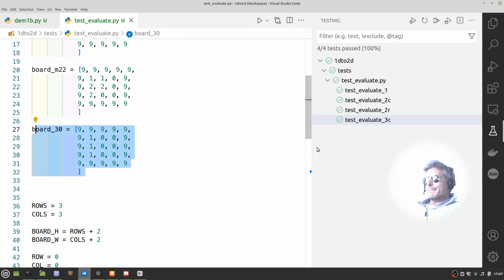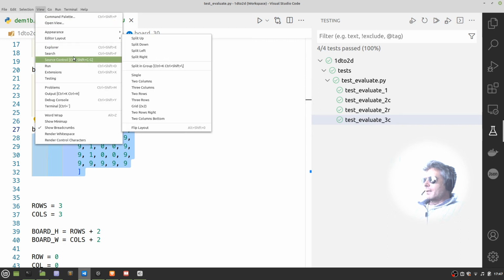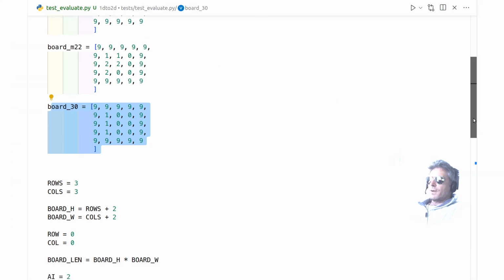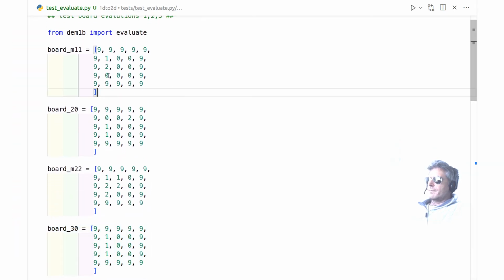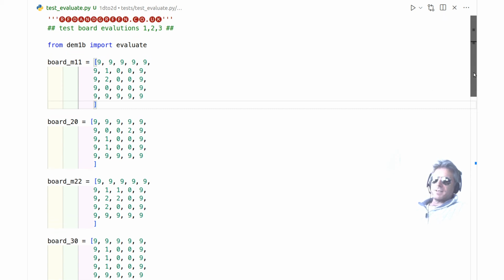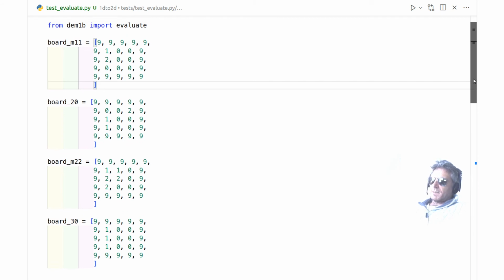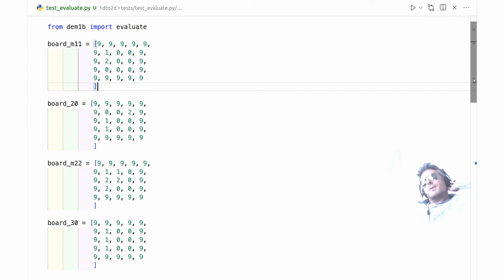So let's just go into Zen mode, and I'm just going to give one last overview of this. One other thing you can try is parameterize, and then you have expected results. You pass in parameters, and then you pass in the expected result. I may or may not look at that. I don't want to get too carried away by doing Pytest and testing, but for this purpose, I think this is probably going to save me a lot of time,